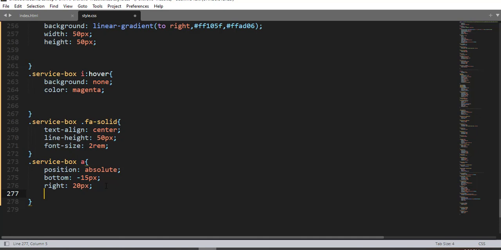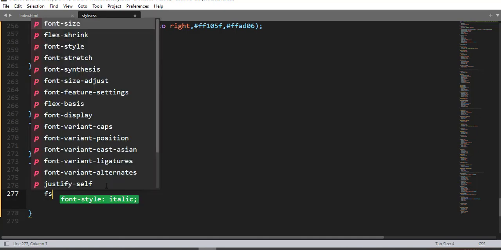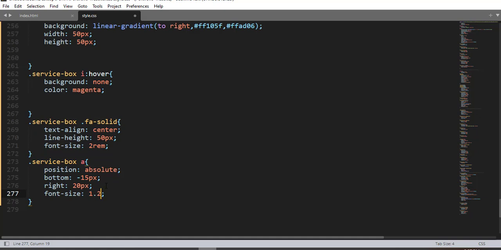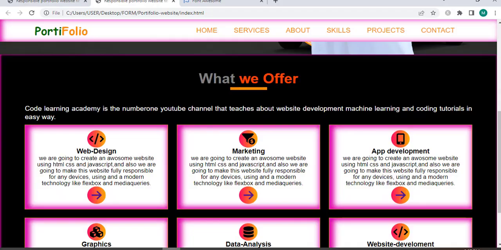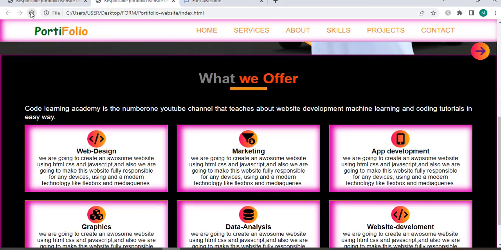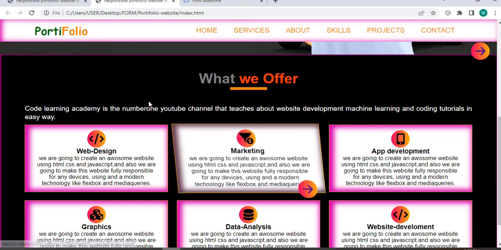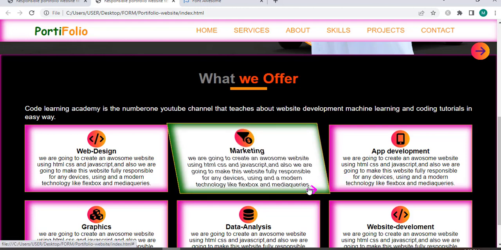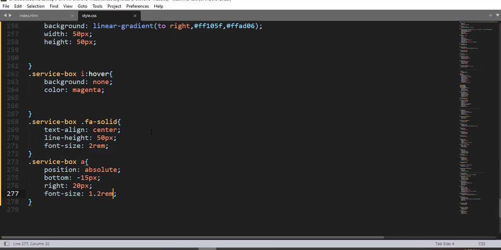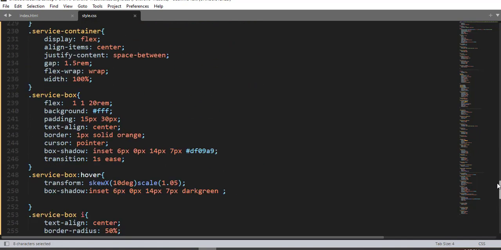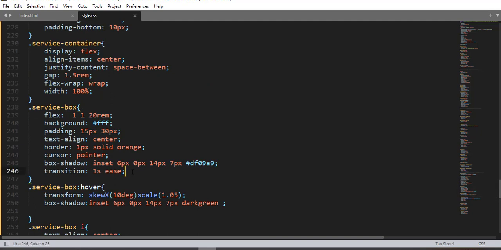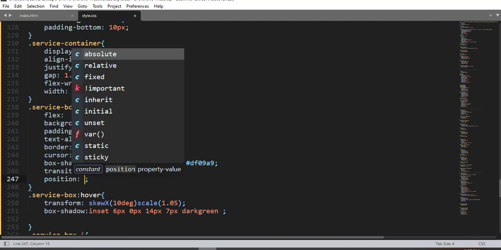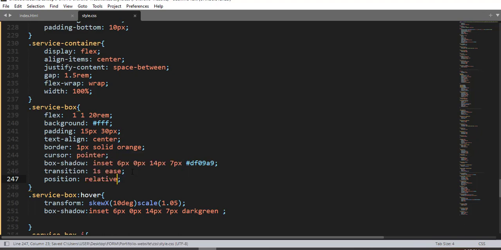And then font size 1.2 rem. So if the position for the child element is absolute, the position for the parent element should be relative. So let's find the parent element. From here, the parent element is service box. So position relative. Having this,